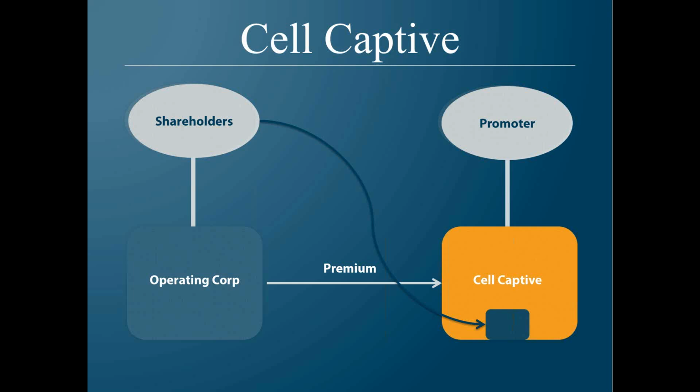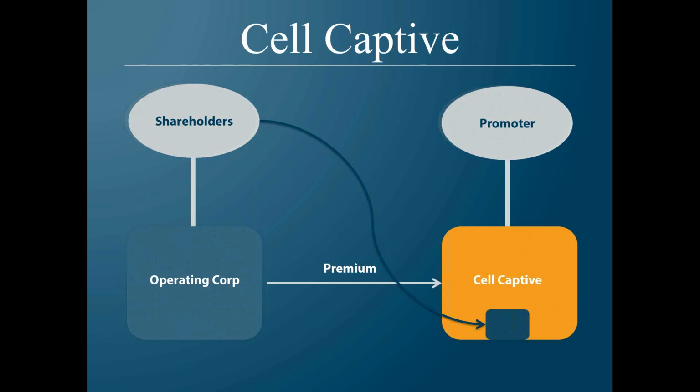So when the cash comes in from your client's business as premium into the cell captive, it's assigned by a bookkeeping entry to an individual cell, and it stays there until it's liquidated according to the terms of the agreement. Now, if you have a client that is involved with this, what you're going to need to do is make